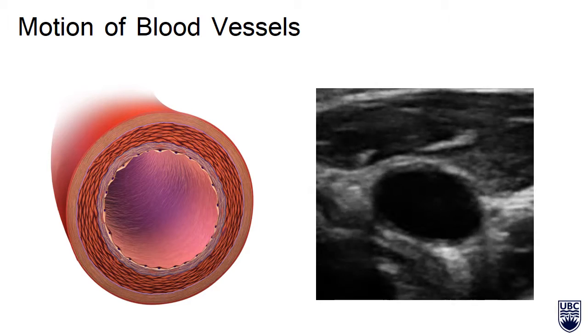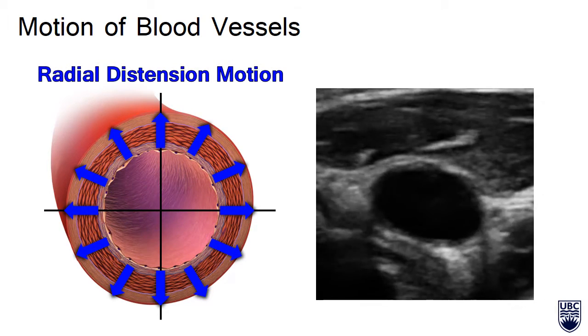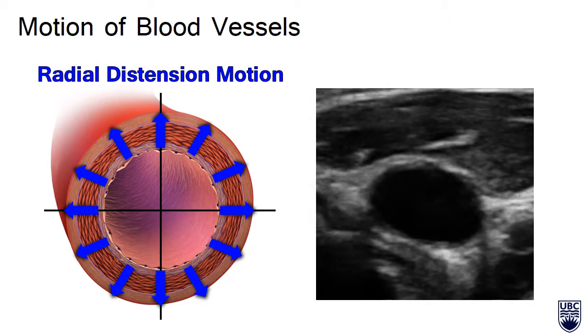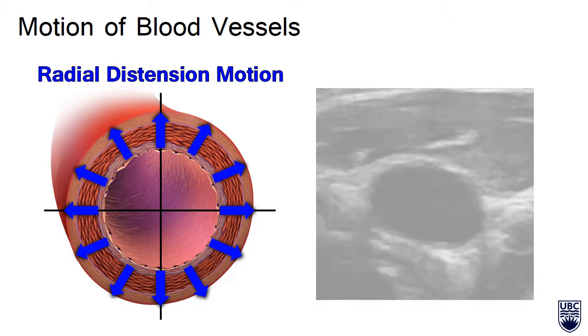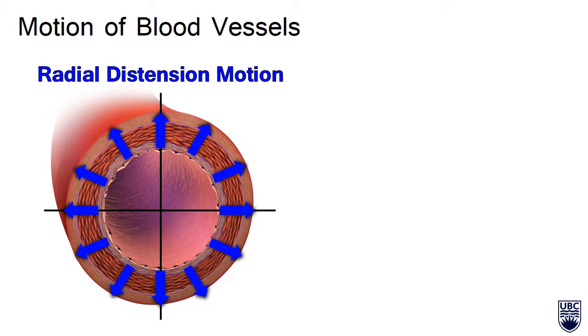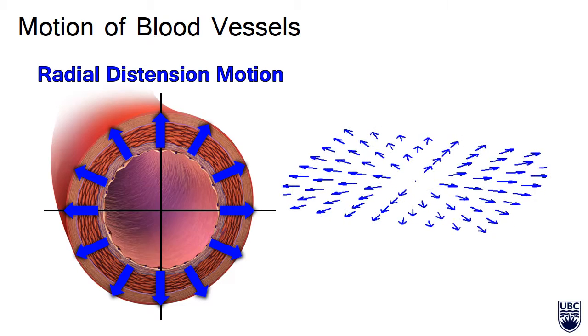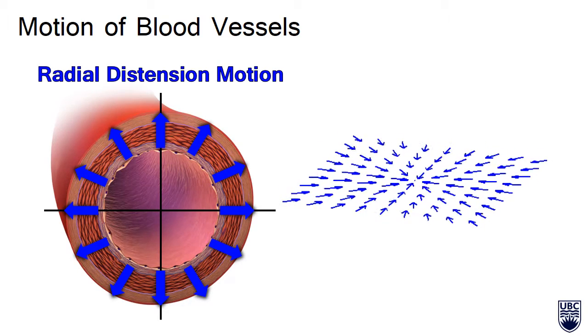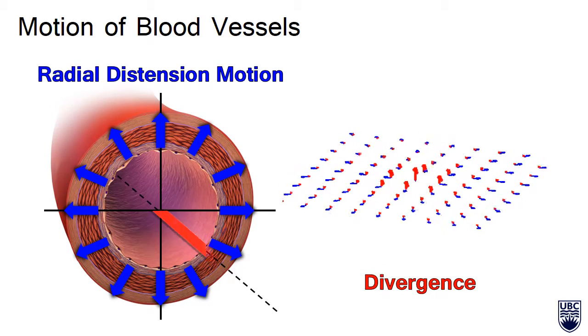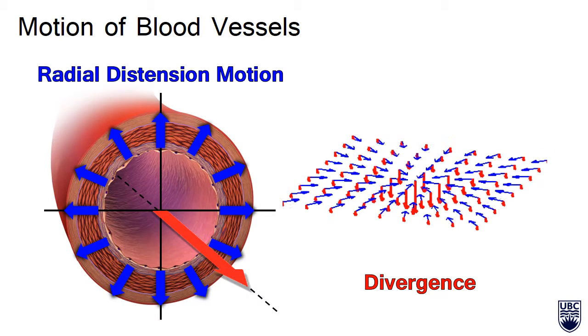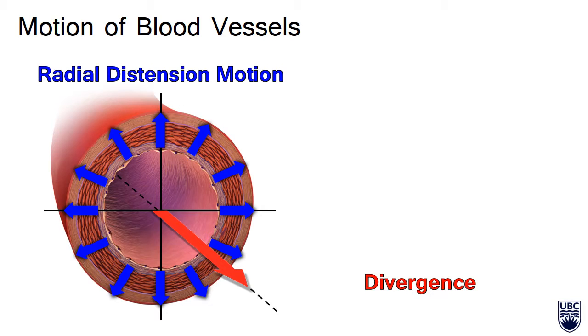This motion manifests as the radial expansion and contraction of the vessel walls in medical images. Unlike structures that simply translate at pulsatile frequencies, these vector fields exhibit high divergence at the center of the vessel. This phenomenon can be observed when the vessel is imaged in the axial direction shown, or along the longitudinal axis.